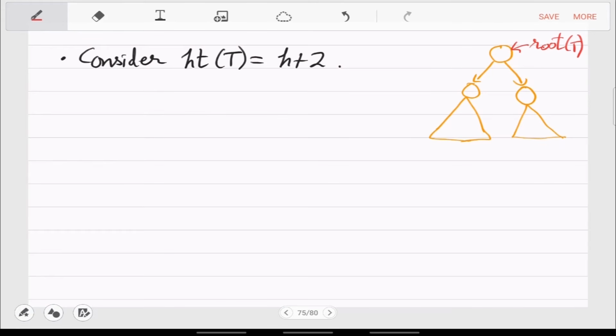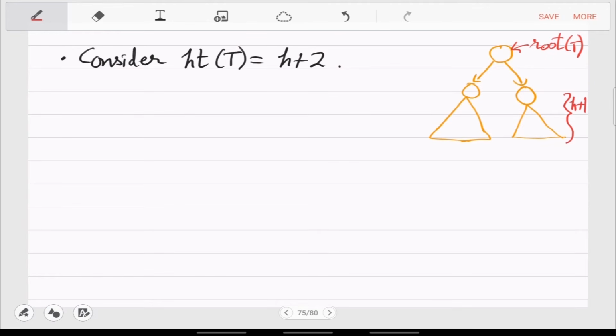So what are the heights? You want height to be exactly h plus 2. Let us say that without loss of generality, the right part of the root achieves height h plus 2. Which means that this height is how much? This is h plus 1.